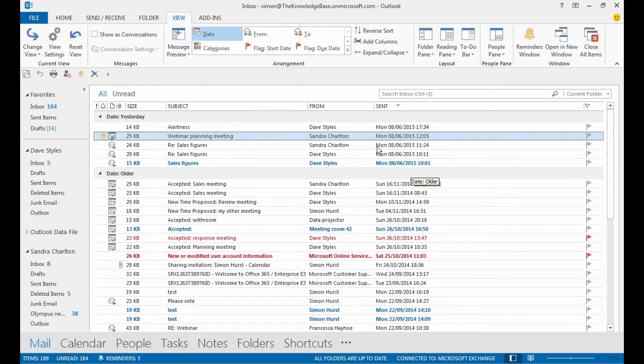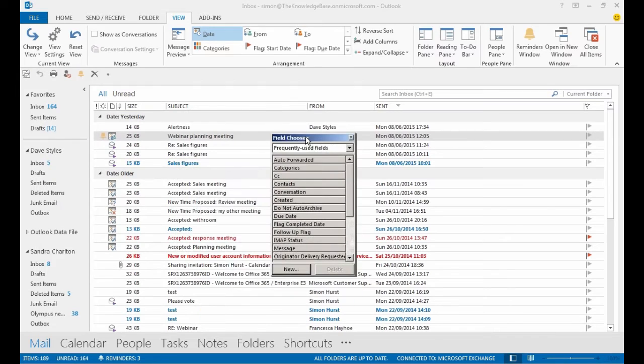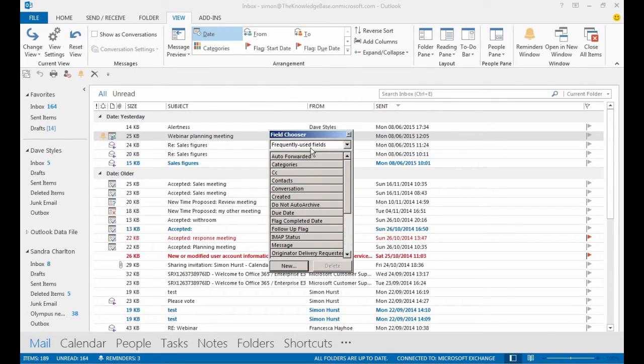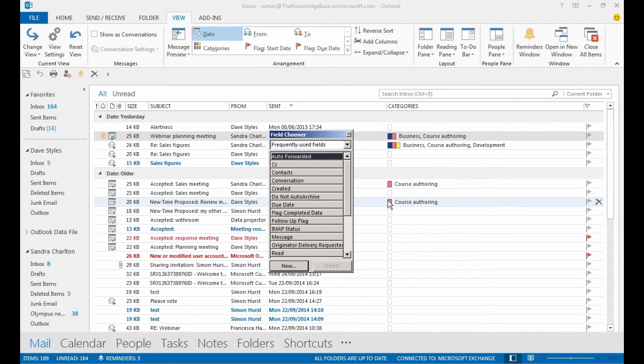categories column will disappear. If we want to restore it or add any other columns, we can again right-click in the column heading area, and you'll see there's a thing here called the field chooser. When we use the field chooser, this will display various fields. We can choose the sort of field, so all mail fields if we wanted. I'll use frequently used fields here, and you can see our categories field is there. If I want to put it back again, I can drag it and just position it wherever I want it to be, drop it back into my header area,